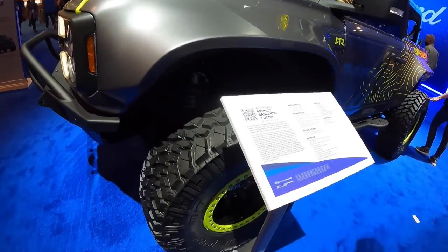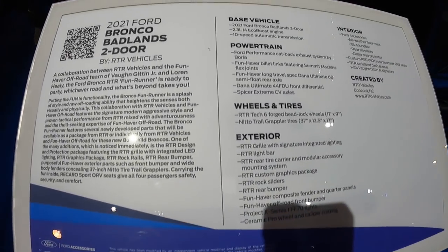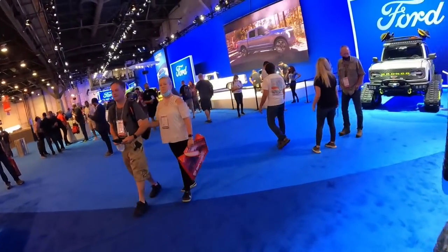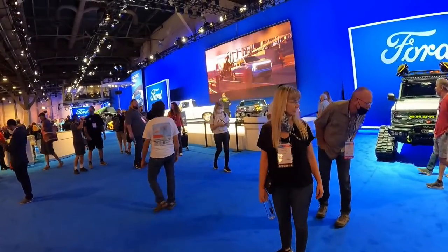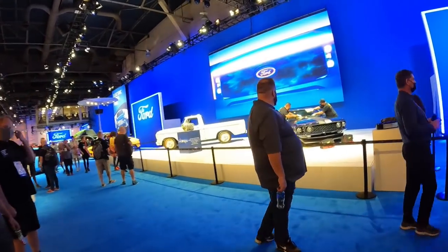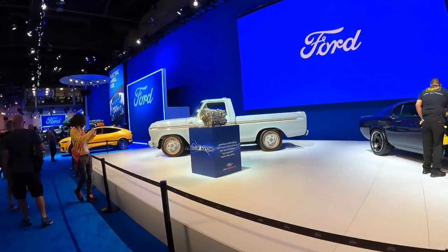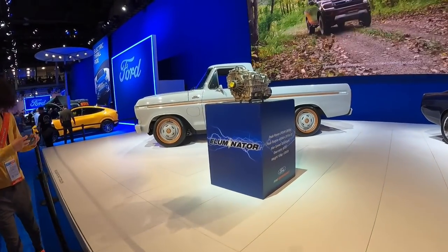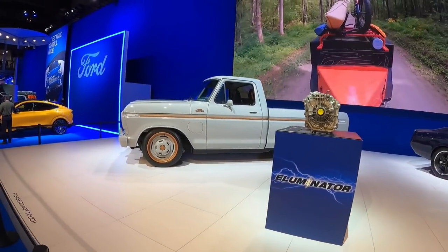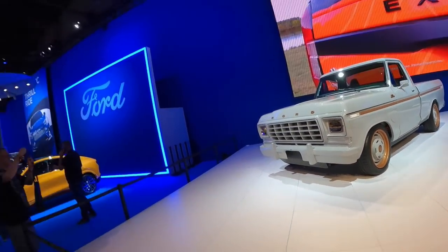But let's see what this one says. If I get close enough and hold it on long enough, it's a Badlands two door. Yeah, it says in the placard too all the things that they've done to it to make it special. Gotta make them special. But yeah, pretty cool. Then up here on the stage, it might be an electrified Mustang as well as an electrified old F150. Might even be an F100. But looking at the grill, looks like it's a 78, 79. It's two-wheel drive, and they've made it electric. That's going to be the next big thing, all these outfitters making their own electric vehicles, and seeing what